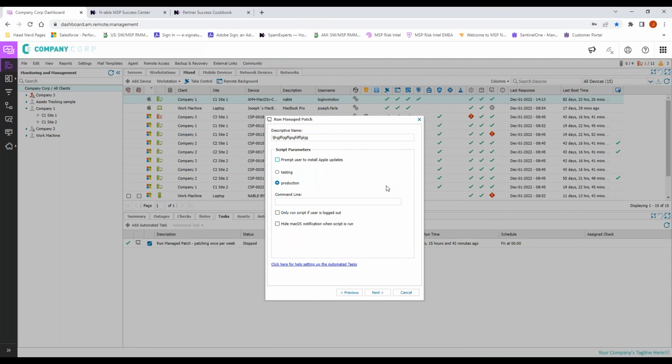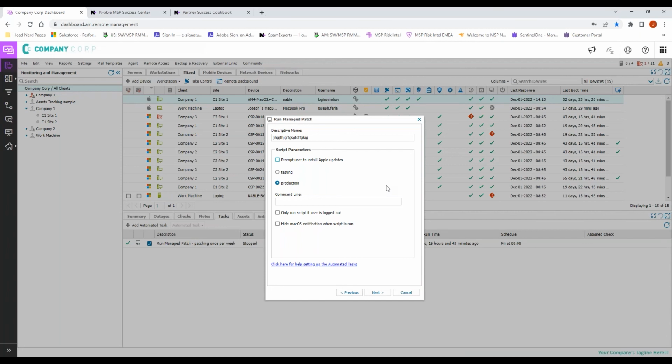Testing mode is not run by N-able. That means what we're going to do here at N-able is we're going to delay patches up to 24 hours and you're going to push them. Okay, this is not for your end users. This is for you as an MSP to test patches that are in beta, pretty much. Okay, if you want this to go out to your end users, please note that you can,